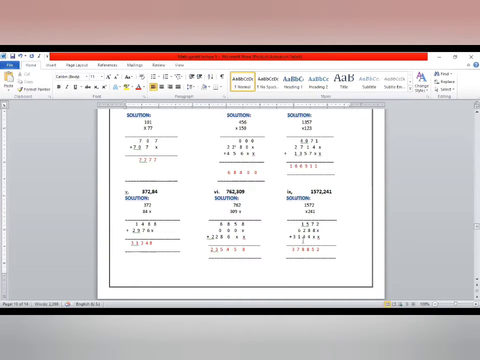Sum number 9. And in sum number 9, here we have 4 digits first of all, and multiplication by 3 digits. Here 1572, 2441. Here 1572 multiply by 241, yeah 241. First multiply by 1, same answer. Keep the 1 space, multiply by 4, you will get 6288. And then keep the 2 spaces empty, then multiply by 2, and we will get here